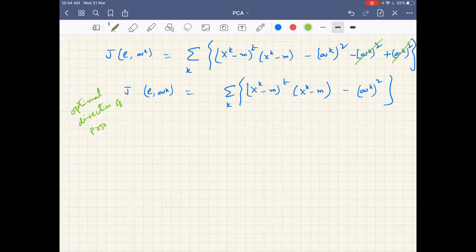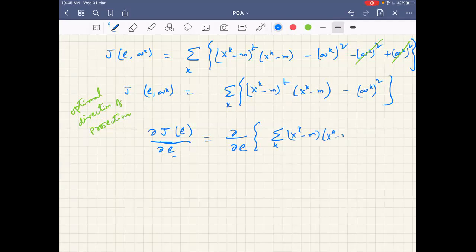So how should I find it now? What should I do now to find it? Differentiate with respect to E. Yeah, I have to differentiate this J of E with respect to E, so dou J by dou E I have to do. E is a vector, please note that. If I want to differentiate with respect to E, for simplification I have substituted AK. But what should I have in the expression? We'll substitute AK in terms of E. Yeah, so we have to substitute AK in terms of E now.